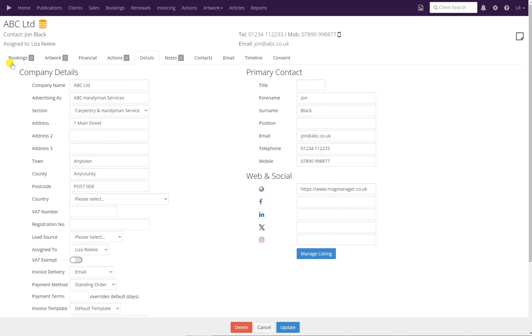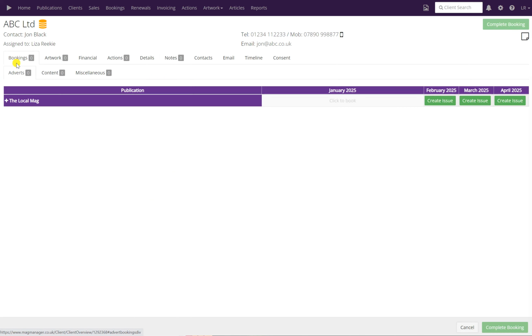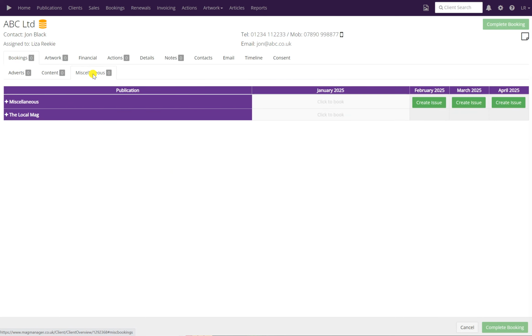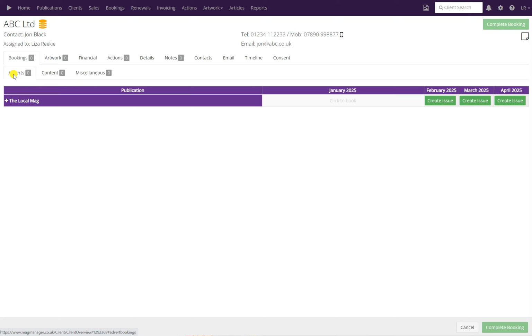From the client record, we select the Bookings tab, and beneath this you'll see Adverts, Content, Miscellaneous. You select the appropriate tab for the booking you wish to make, and in this example I want to book an advert. In the main part of the screen you'll see the publication name and the issues. Your first issue will be showing up here available to book, as it's automatically created when you set up the